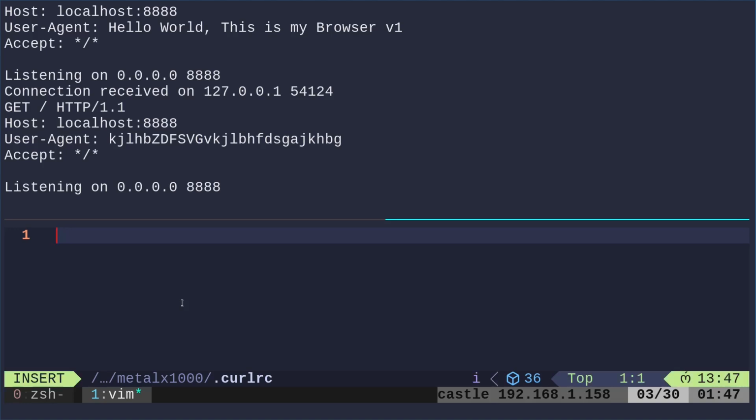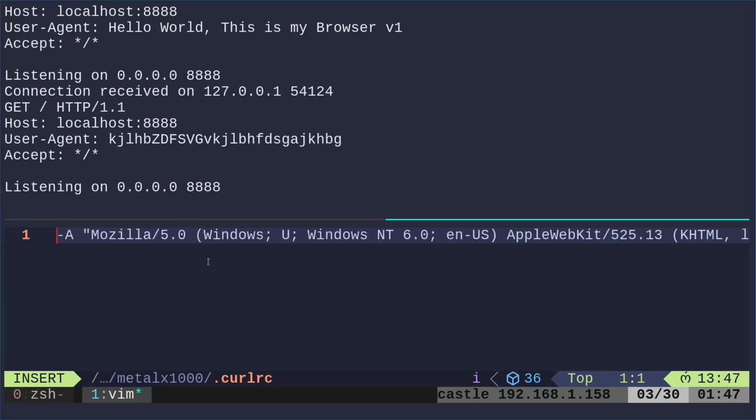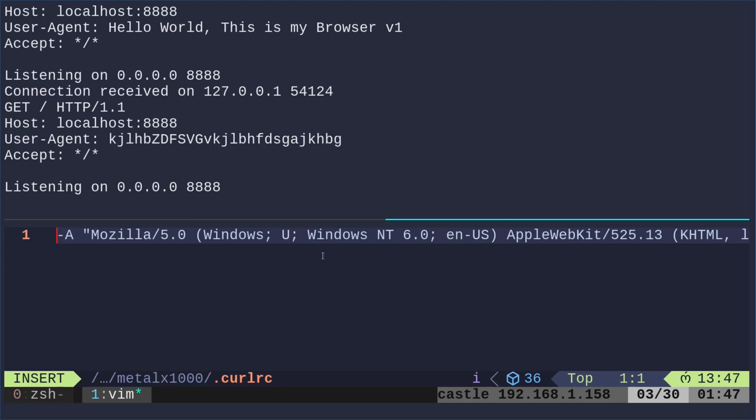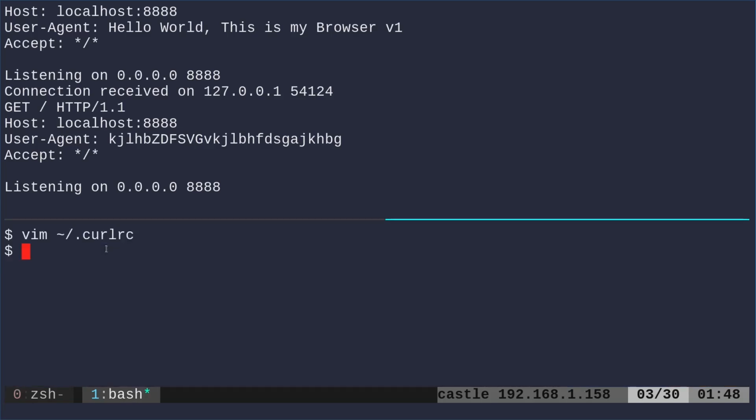There'll be links in the description to all these notes, so you don't have to memorize anything. And I'm just going to copy and paste this user agent I found online. I just grabbed that off a website. It might be years old, but again, you can find this information. So I'm saying -A, and any flags that you put with your curl command, you can put in here. So now that I've saved this, I'm going to now say curl,